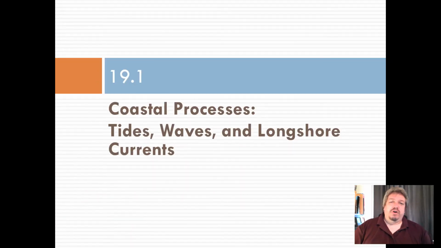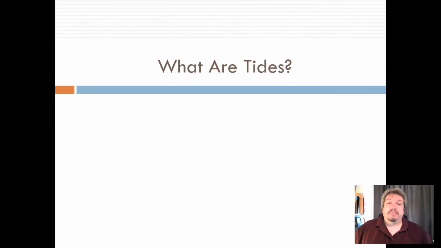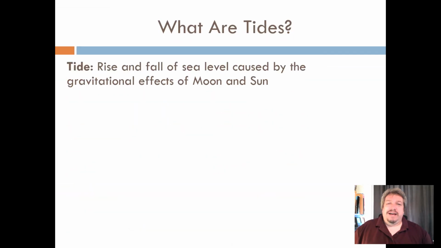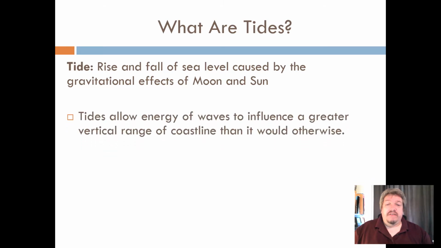So when we talk about coastal processes, we're going to start out talking about tides, waves, and longshore currents before we get into actual beaches. But tides. So tides are this twice a day change in the level of water of sea level, which is caused by the moon and the sun's gravity pulls. And one of the reasons this is important is that when the tide rises, it actually allows water to reach further inland. And so it increases the range of coastline that is influenced by the oceans when it comes to